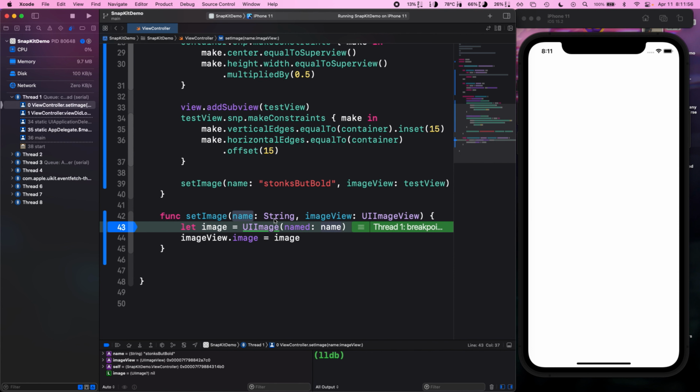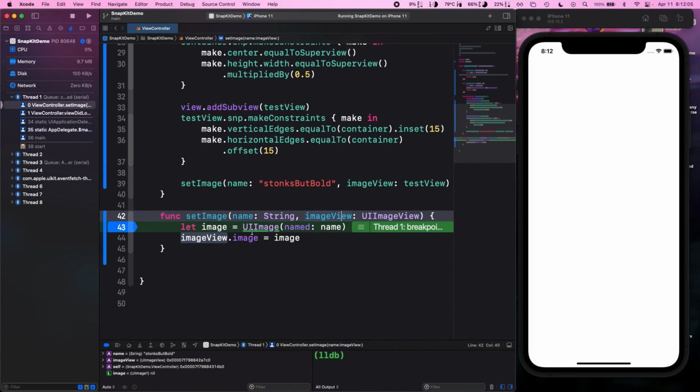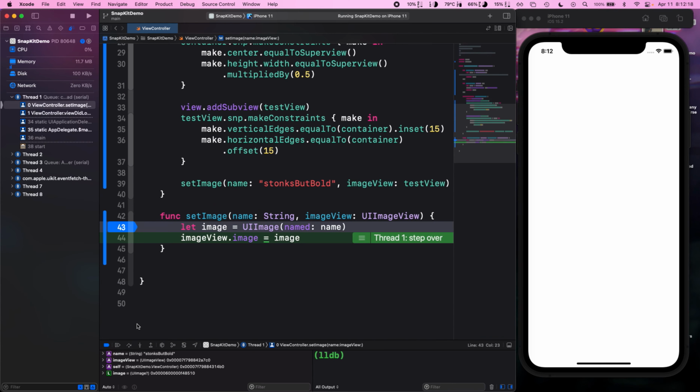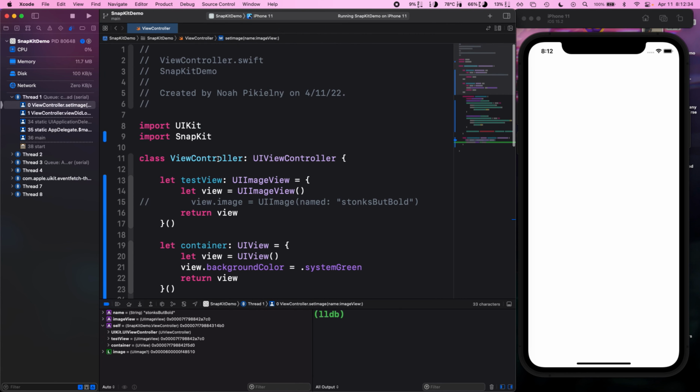It's executing. You can get some interesting state. So I can see, okay, the name that was passed in was this name, and there is in fact an image view, even though it's really not telling me very much. And then we can check the next step. So instead of checking what's at 43, let's go to 44, and that's this little button here. If I do that, then okay, now we're on to 44. And now that we're on 44, this entire line is done executing. So we can in fact see that image is a valid image. It's not nil. We can also see self, so we can see everything about this view controller and its state